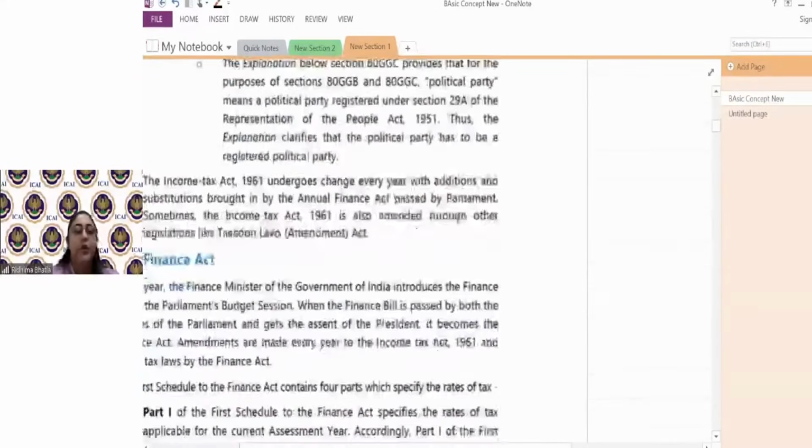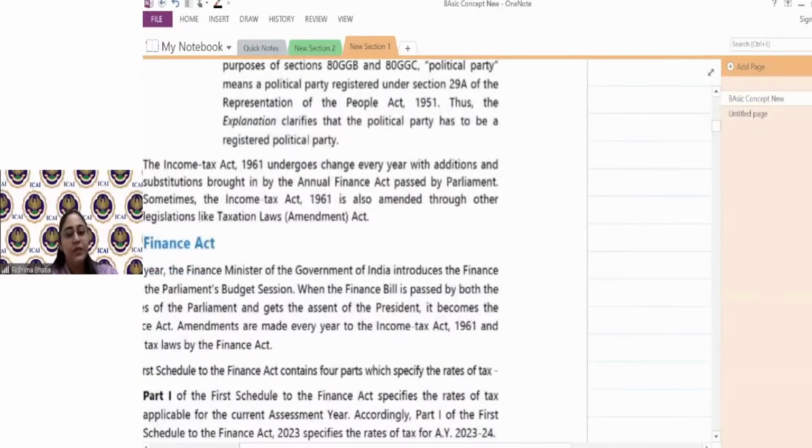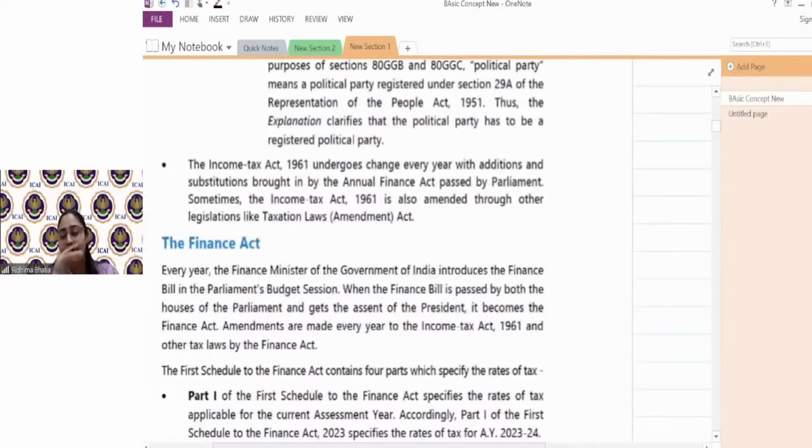Okay. Now, ma'am, what is Finance Act? Finance Act, students, I told you, to bring amendments in the Act, they have to bring it through Finance Act. Any Act, not only Finance Act, if it has to come in as law, first it is introduced as a bill, then is offered in both houses of Parliament. Once it gets a clearance from there in majority, it goes to the President, and then it becomes an Act.